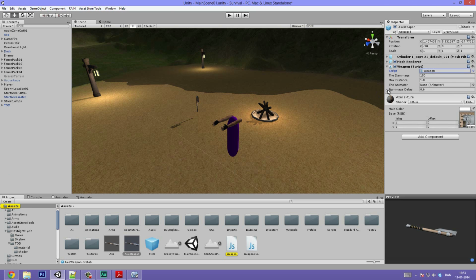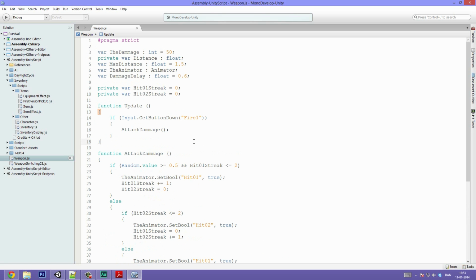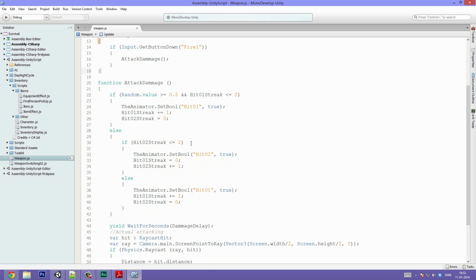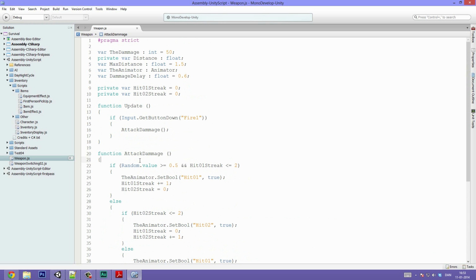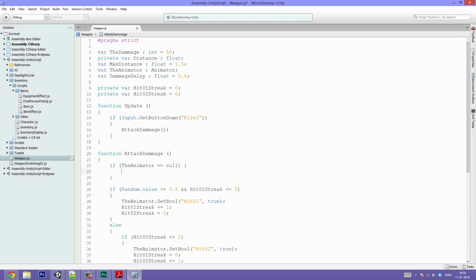So what we can just do is we can open up our weapon script in MonoDevelop, and I'll just zoom in here so you can see things a little better. And then in our function attack damages, where we change the value, we can simply say that if our animator is equal to null, then we can just find it. So if the animator is equal to null, then we want to open up some brackets, and in here we simply want to say